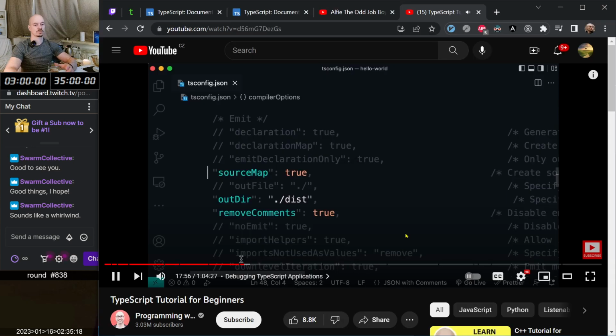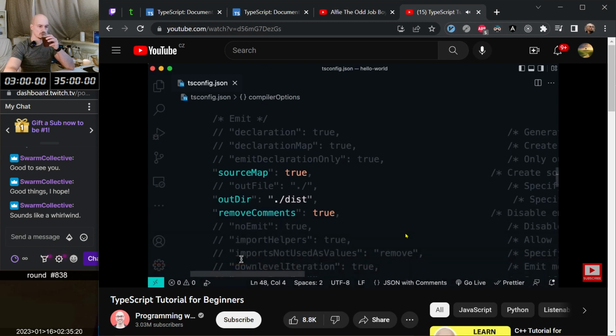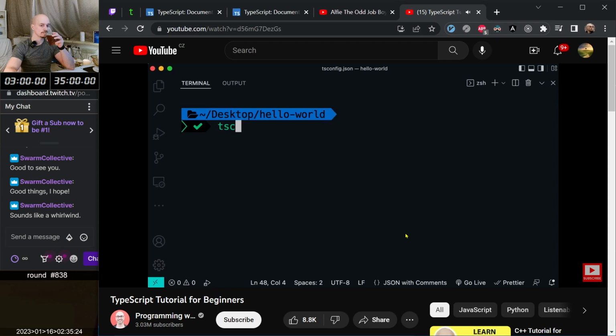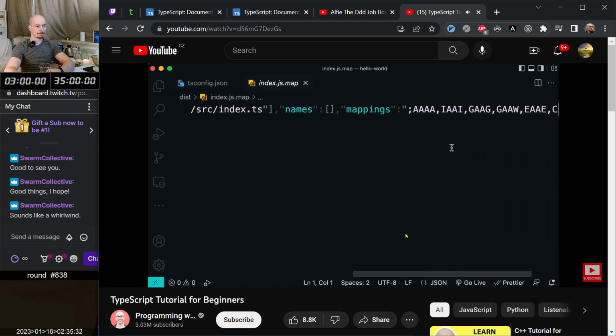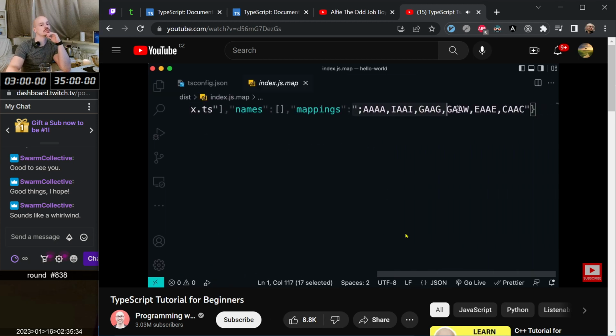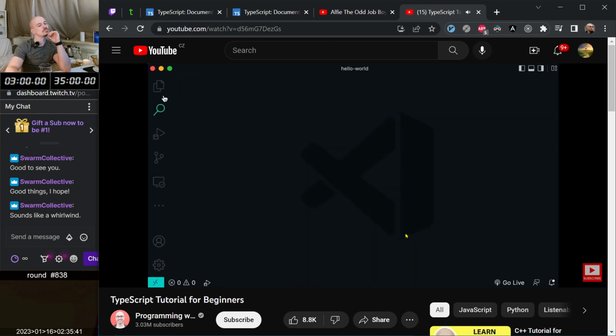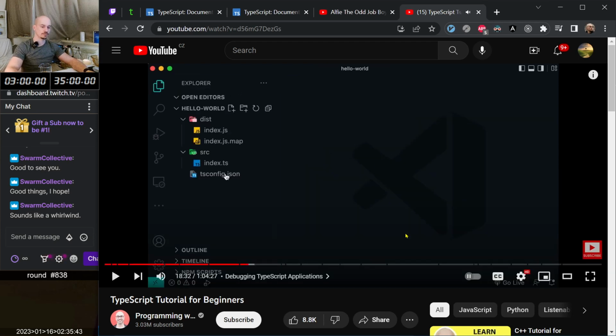A source map is a file that specifies how each line of our TypeScript code maps to the generated JavaScript code. Let me show you. So back to the terminal, let's recompile our code. Good. Now, look into this folder. We have a new file called index.js.map. This is our source map. So if you look over here, you see some code that specifies how our TypeScript code maps to our JavaScript code. Now, this is not for us to understand. This is for debuggers. It's for machines. Okay. So let's close this file. Now, to make debugging more interesting, let's